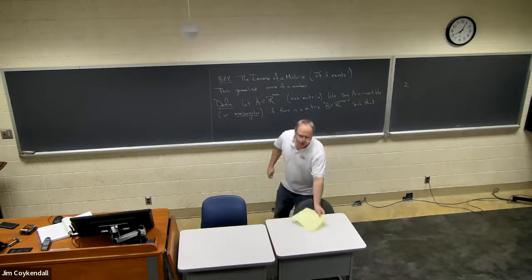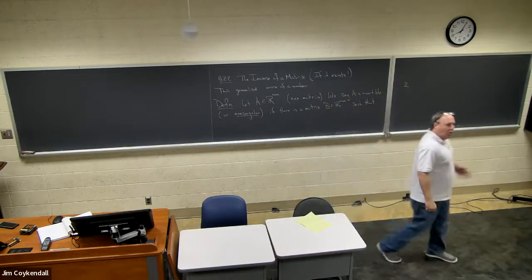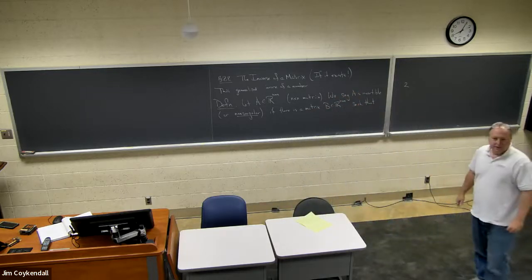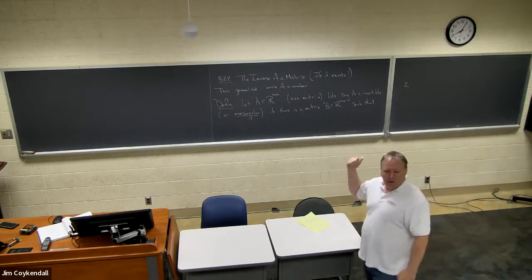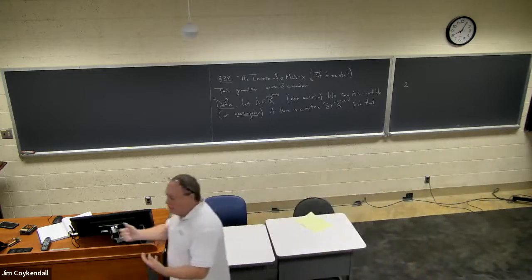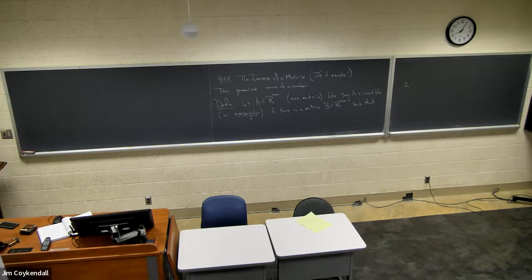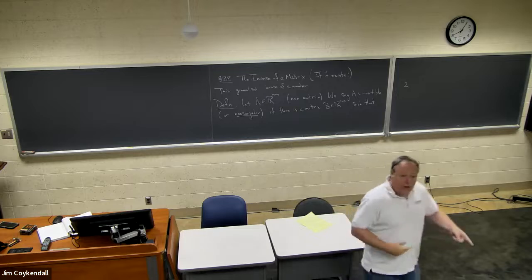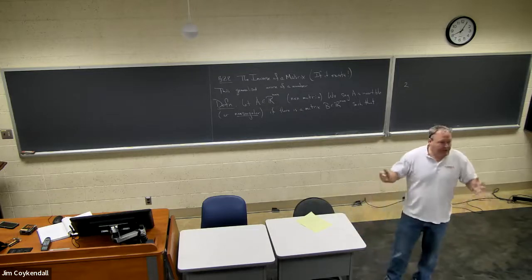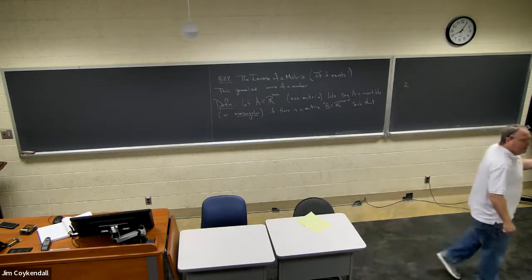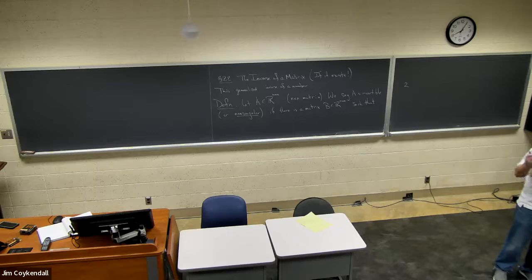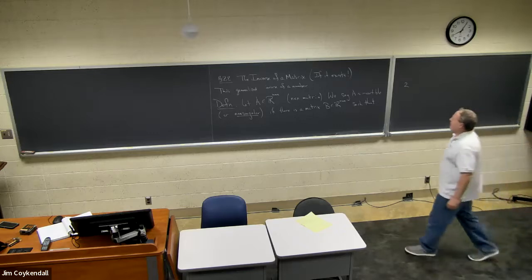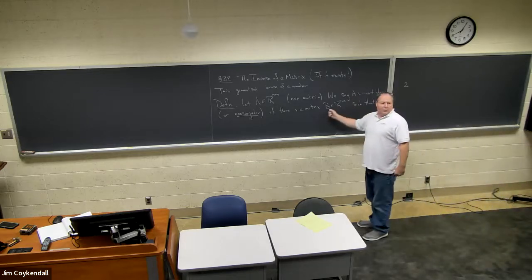Let me see if I can finish this idea. What is the inverse of a number? Well, what was the inverse of 2? It was 1/2. And how can you tell that 1/2 is the inverse of 2? What's sort of the defining characteristic of 1/2 being the inverse of 2? You multiply them and you get 1, right? That's what it means to be an inverse, right? The inverse of 17 is 1/17. Multiply and get 1. So, what do you suppose the inverse of A means,